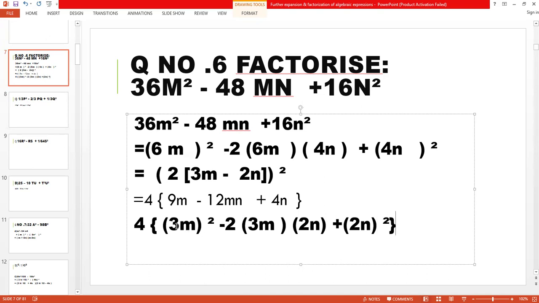ये देखें 3m होल स्क्वायर, 3 3 is 9m स्क्वायर. ओके, सॉरी यहाँ मैं आई फॉरगॉटन टू राइट इट स्क्वायर, विदाउट स्क्वायर तो हम इसको सॉल्व ही नहीं कर सकते. ओके, 3m स्क्वायर. अब ये देखें 3 2 is 6, 6 2 is 12, और यू कैन से 2 2 is 4, 4 3 is 12, and then 2 2 is 4n स्क्वायर. ठीक है, अब हम नेक्स्ट स्टेप में सिर्फ इसका आंसर लिखेंगे. अब हम इसको डाल देंगे स्क्वायर ब्रैकेट के अंदर. 4 किस चीज का स्क्वायर है, 2 का स्क्वायर है. ठीक है, और अंदर आप लिखेंगे 3m माइनस, माइनस इसलिए क्योंकि सेंटर में माइनस है, -2n.